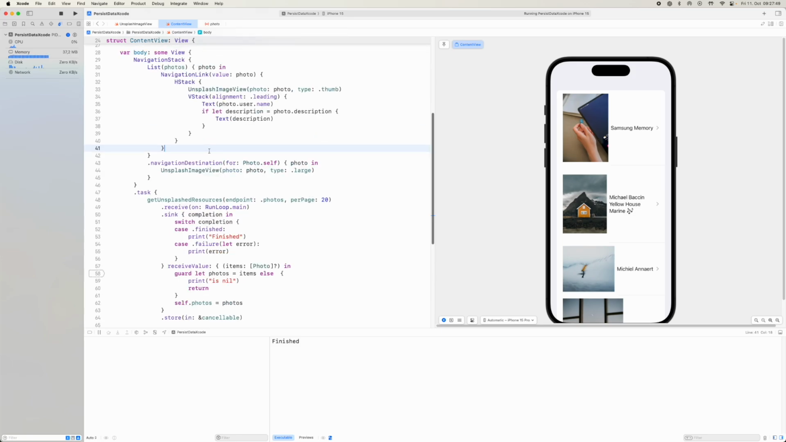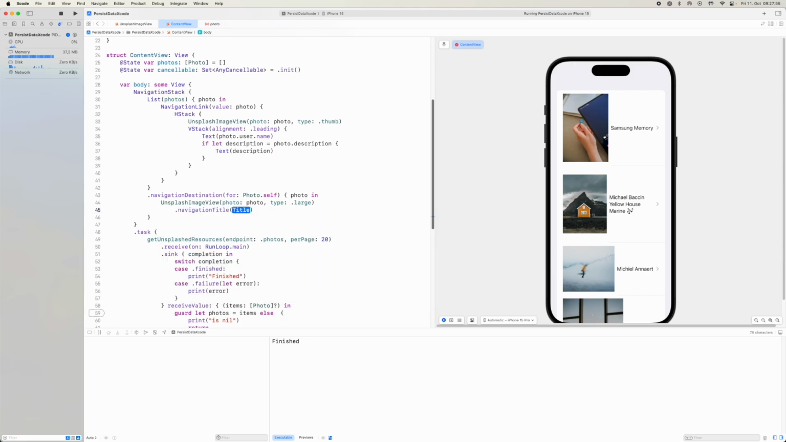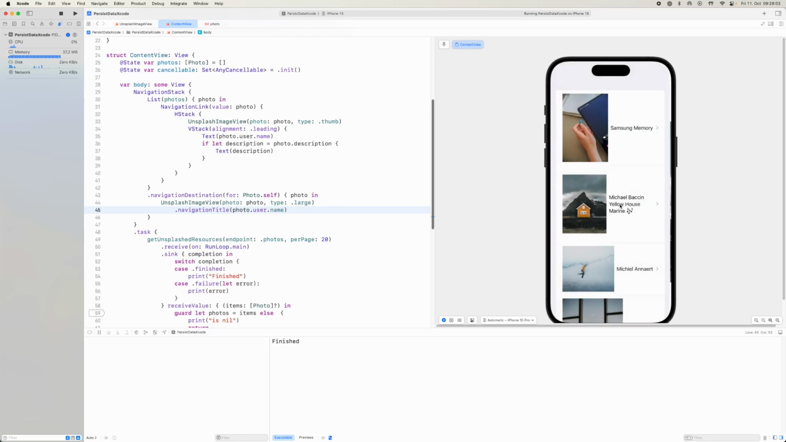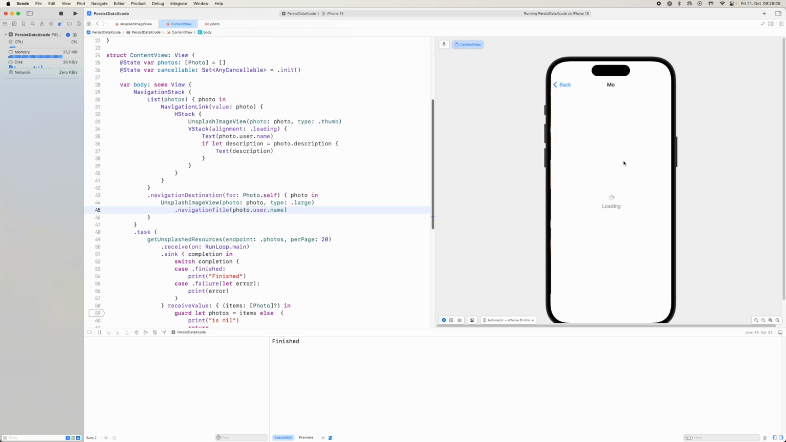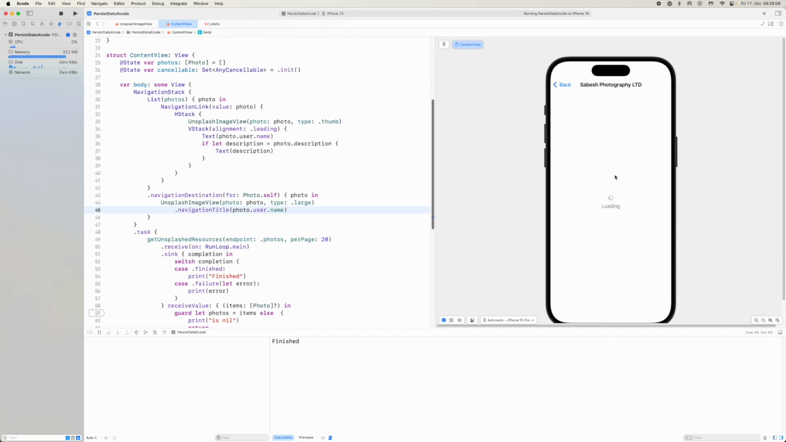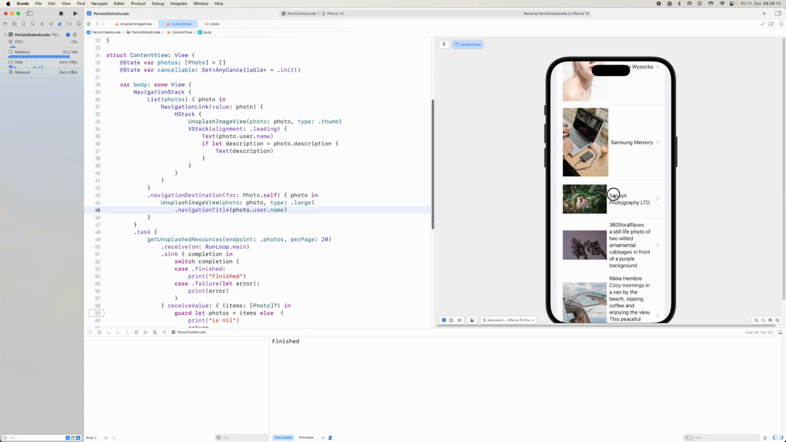And let's just come to the destination view. And let's put navigation title is then going to be photo user name as well. And we run this, you see it just works nicely. All right. So this is not really difficult to do. As you can see, it took a little bit of code, but not a great amount of code, and yeah,